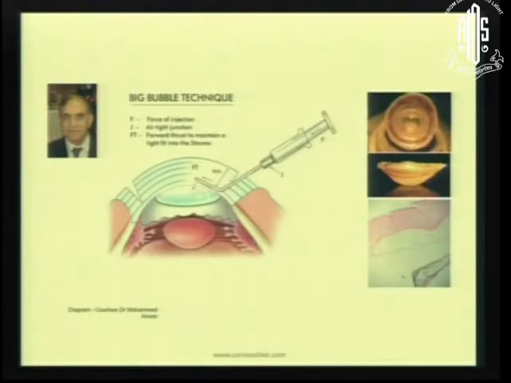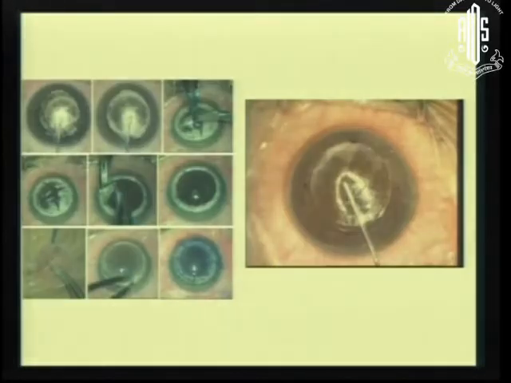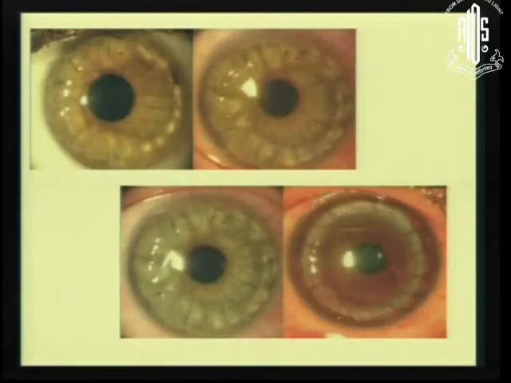And the big bubble technique described by Anwar has become quite popular, and this involves basically injection of air at a depth of about 80 to 90% of the corneal stroma, and as you inject the air, you find that the air separates the Descemet's from the residual stroma, and you can then excise the stroma and be left with a bare Descemet's membrane, onto which you can put in a donor tissue from where you separated the Descemet's. And that's the post-operative appearance.